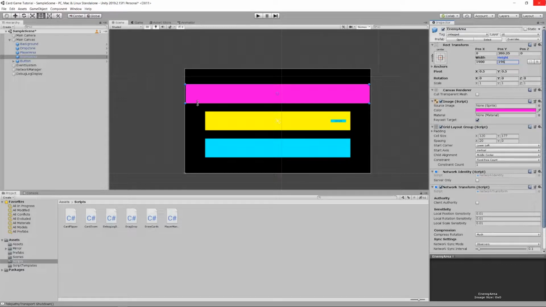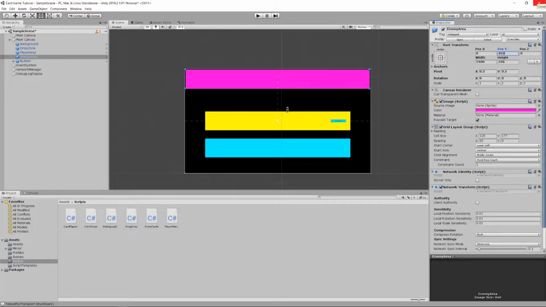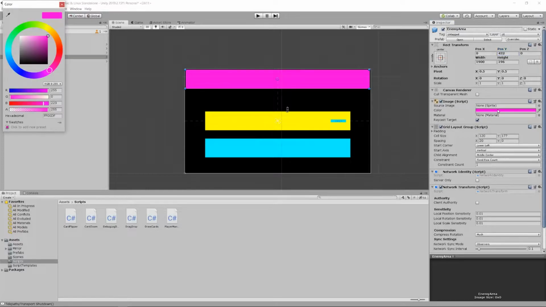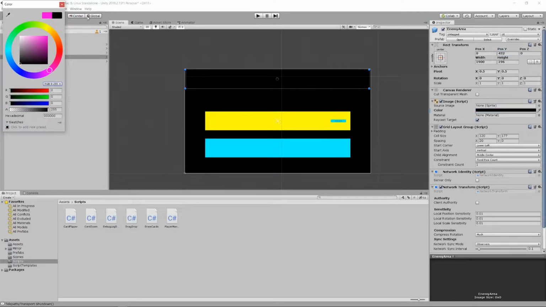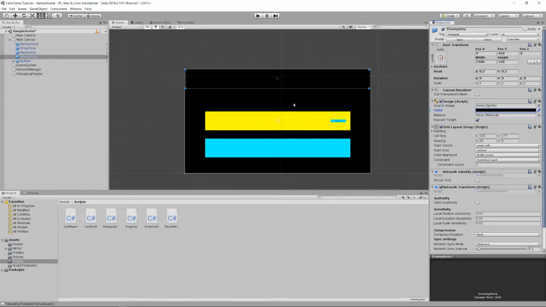We want it to be 196 in height. And then we want the position to be at 0 on the x coordinate and 432. That's going to take us almost to the top. And the color we're going to change to black, just to match what we were doing before. So now I can't really see it. And what I'll do here is I'm going to add